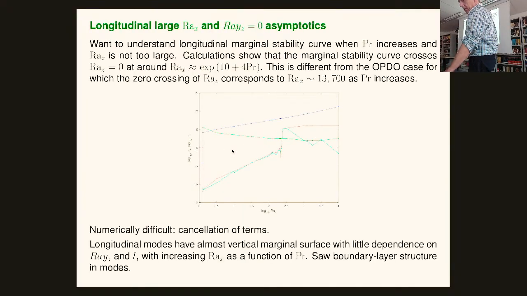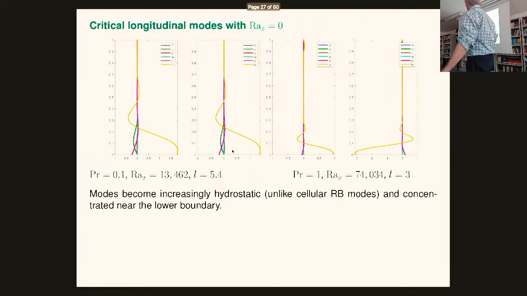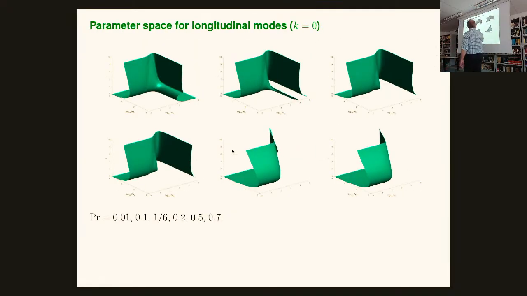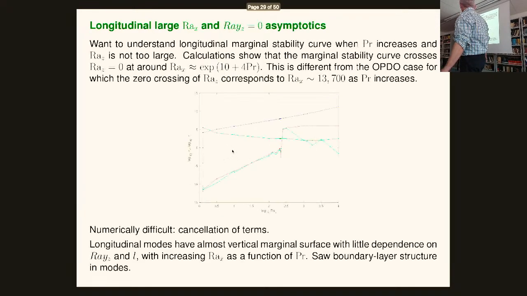The other question, and I'm going to come to a halt pretty soon, is what about this thing that seems to be moving away to infinity? So the pure horizontal Rayleigh number with increasing Prandtl. I show you here 0.2, 0.5, and 0.7 I don't show, but in fact that curve still exists. It's just a long way further to the right. And so you can try and do some kind of analysis for that. And this shows you what the problem is. So you can try and increase your Prandtl number. So these are different Prandtl numbers. I forgot to write down what they were.